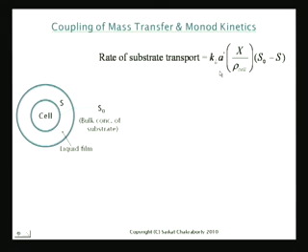Why is it proportional to X? Because the more the volume of the cell, the more the total transport is going to be, right? And the volume of the cell is proportional to its weight. Is it clear? The more the volume of the cell, the more the total transport is going to be. Is that something you agree with?